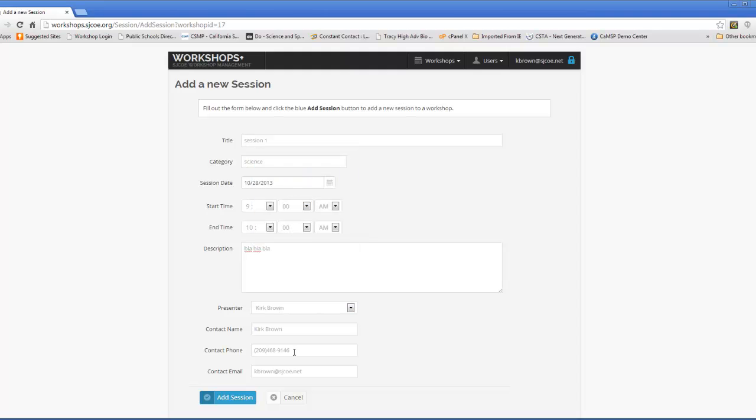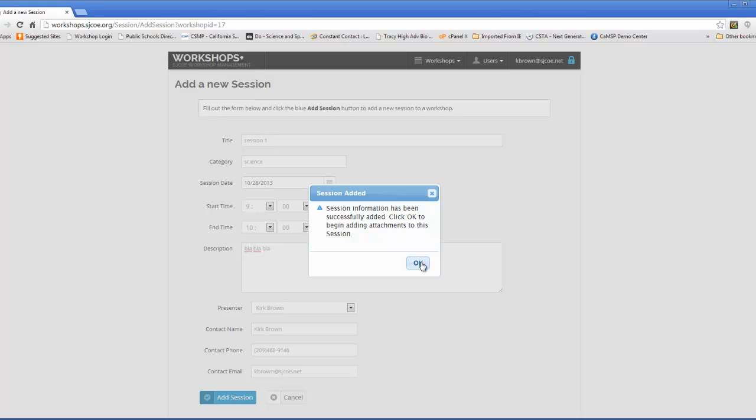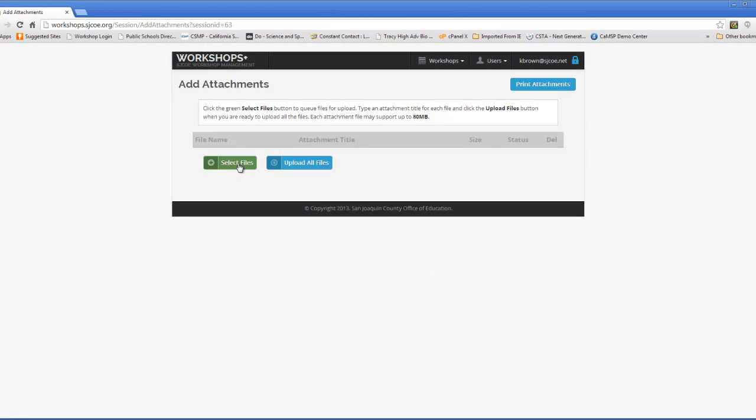So I'm just going to pick myself, and notice it, because when I entered my user information, it populates this with the correct phone number and my email address. So I'm going to click add session. When I click add the session, when I click OK, it will allow me to automatically select files to upload. Now I can do that later on. I'm going to go ahead and click select files,